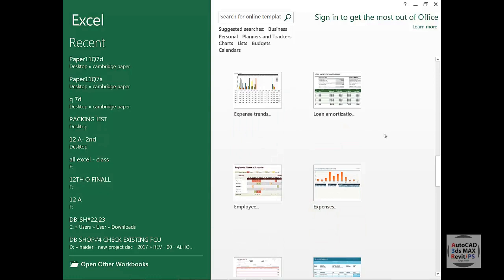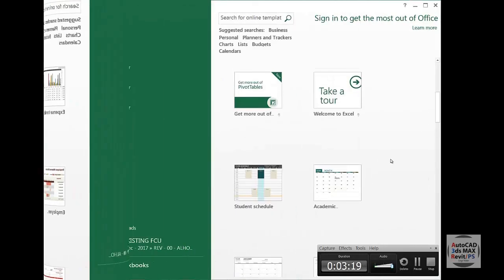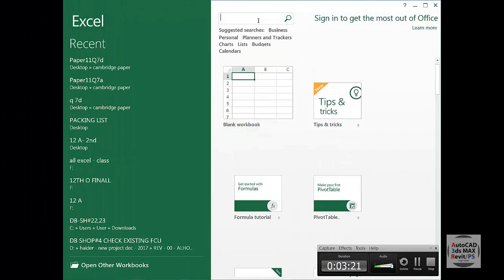These templates are very useful because if you open any template, you can save as and use the same data. Also, on the top you have a search box in which you can write if you are interested in any kind of template.